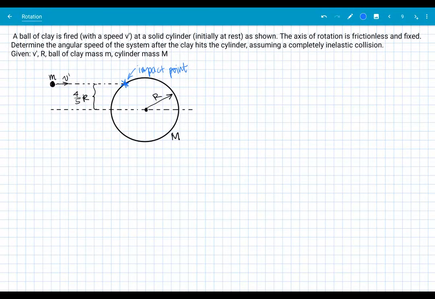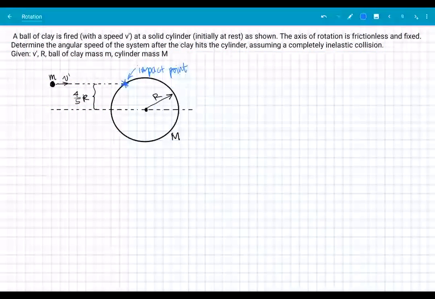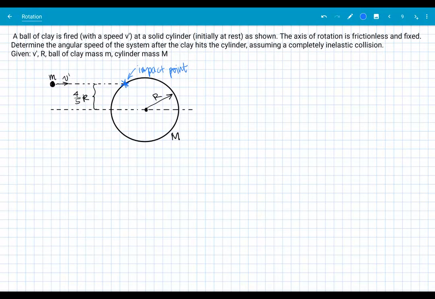So the first question you want to ask yourself here is, when we're applying conservation of momentum, can we say that the change in angular momentum is equal to 0 for this case? How can we make the justification for that? And I would say you always need to pause. If you're using conservation of momentum, you always need to pause at this point and ask yourself this question